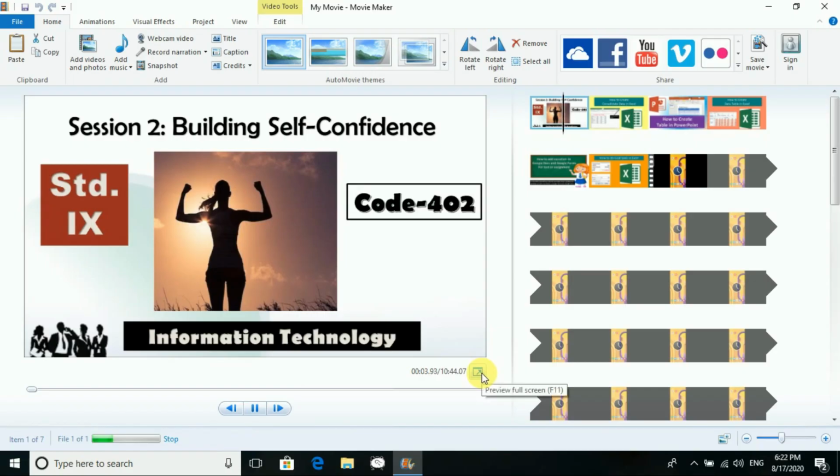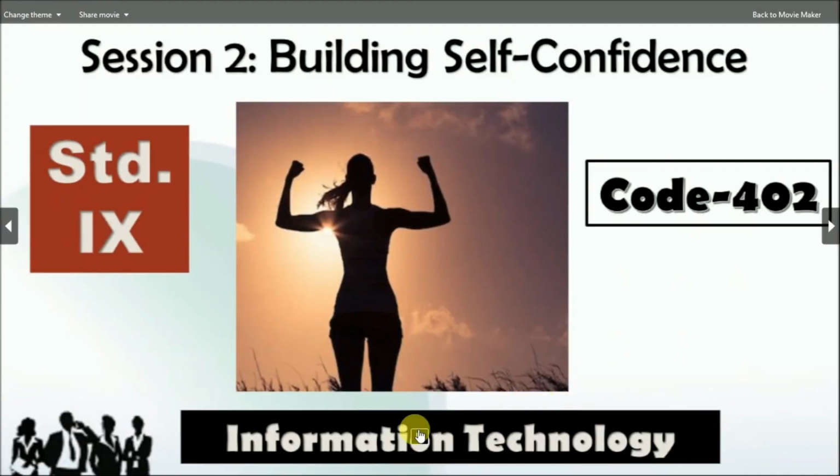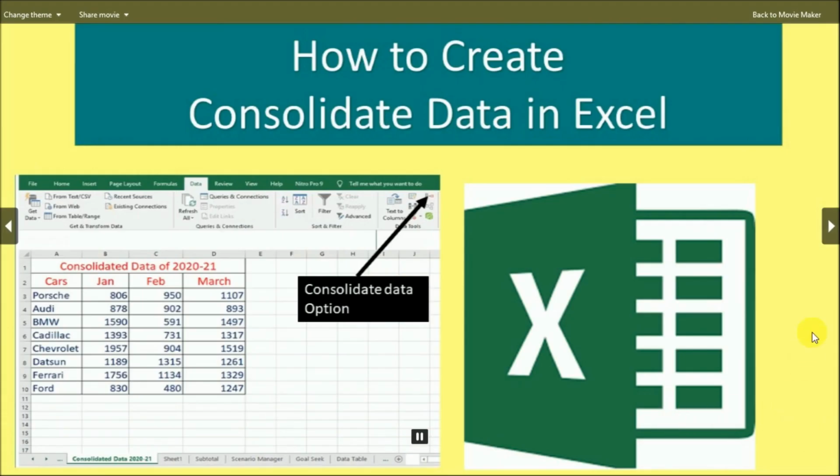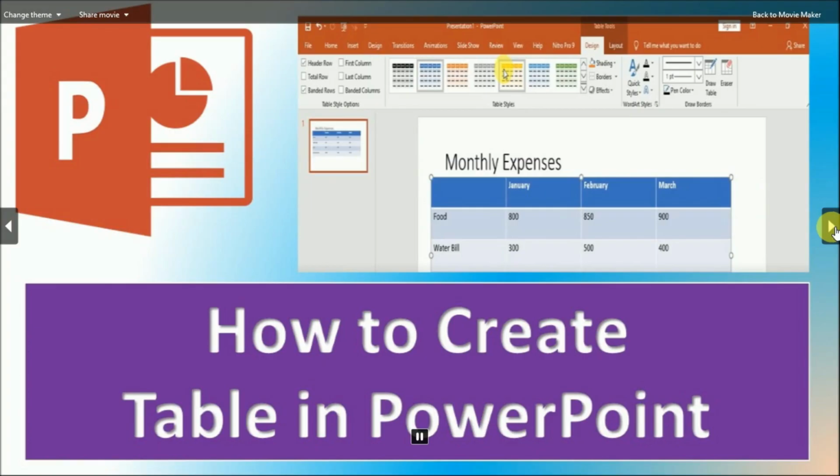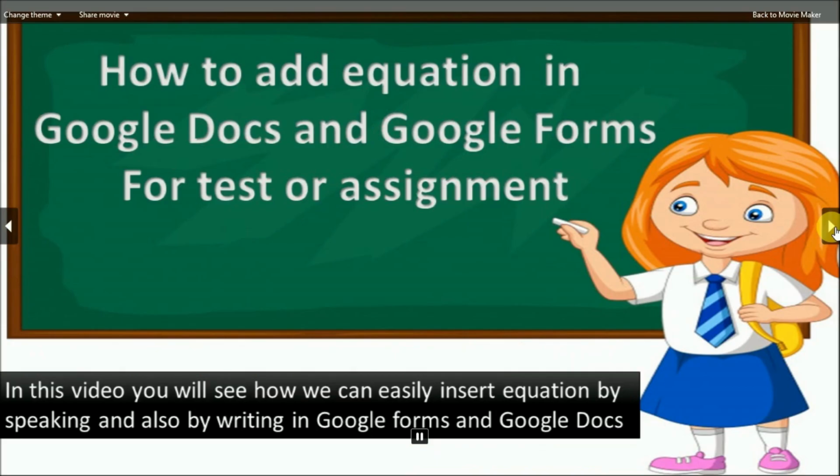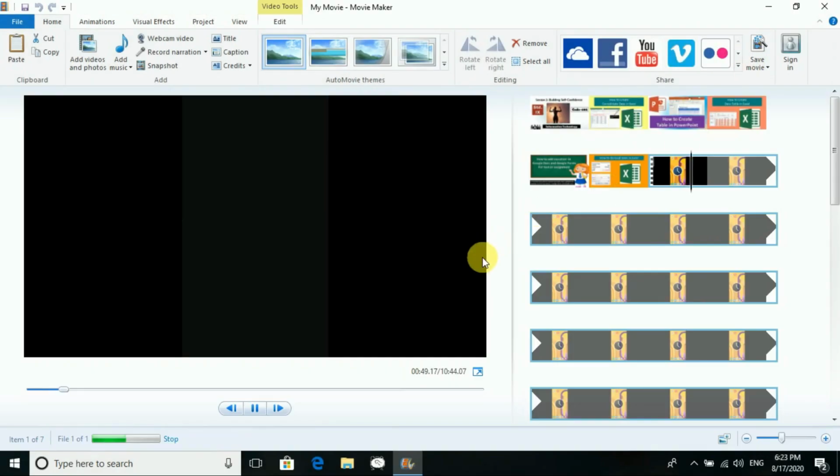And then I can go for the full screen. Okay, if I want to go for the full screen, I can go for it. I can go for the next frame. You can see that I'm going for the next and previous. Okay, and then I want to come back. I'm just coming back by pressing the escape key. Okay, now what is there over here, right? So here you can see.